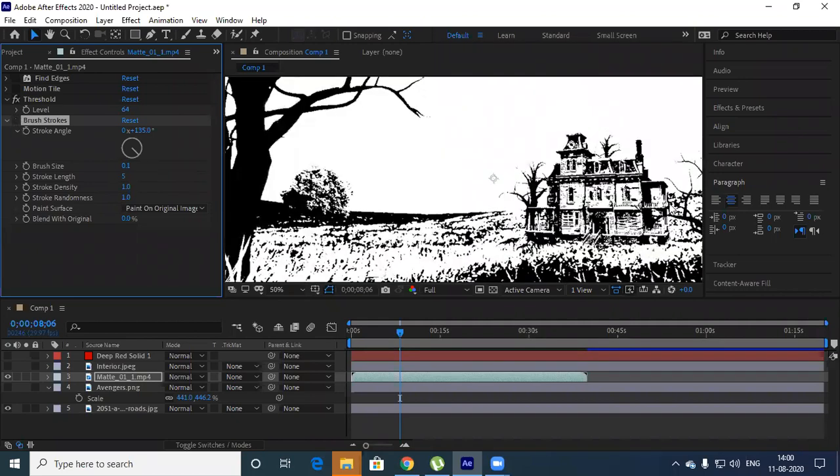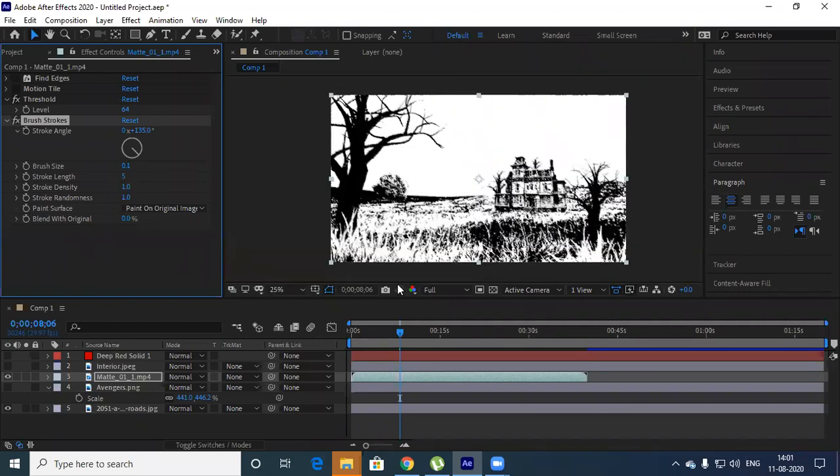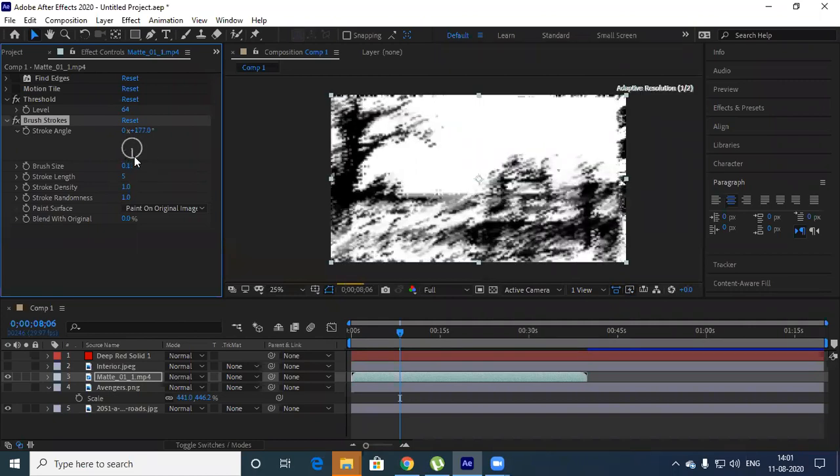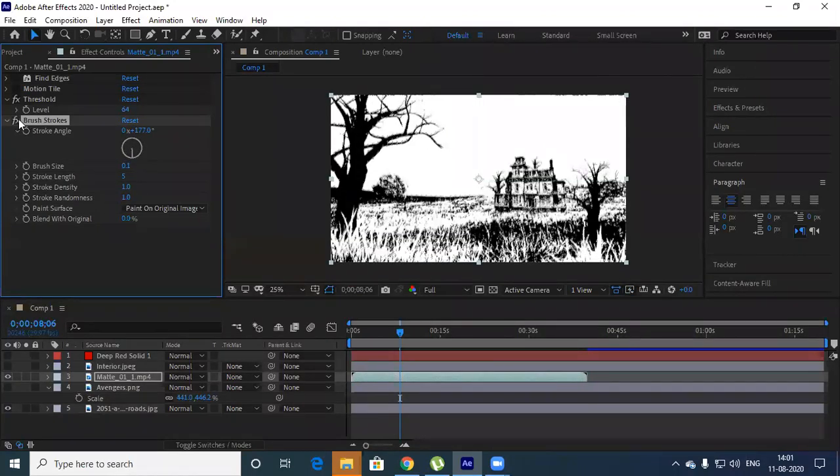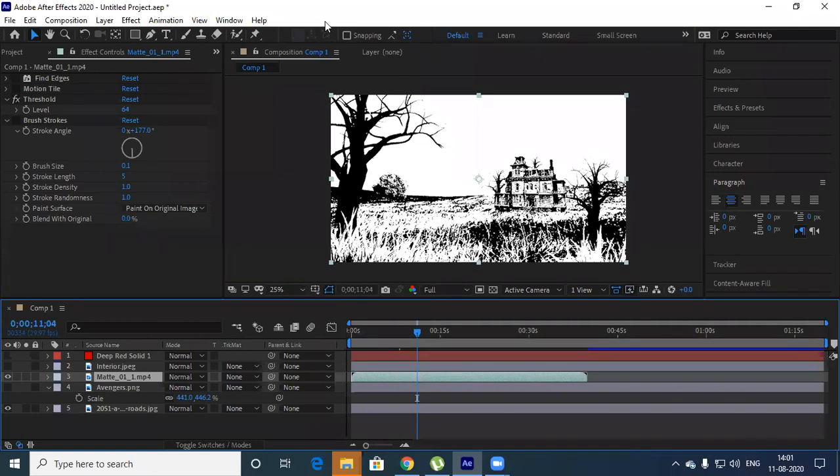I'll just turn off this brush stroke. This looks so sharpen. When I turn on brush strokes, this looks like this. So it looks good. Okay, stroke angle or length and all you can define. Okay, so that's fine. This is another effect, guys.